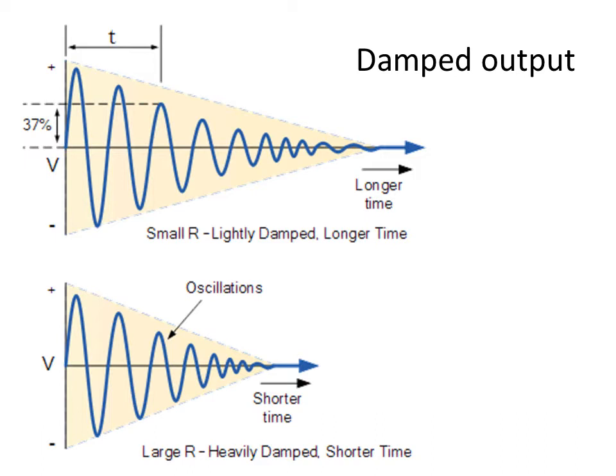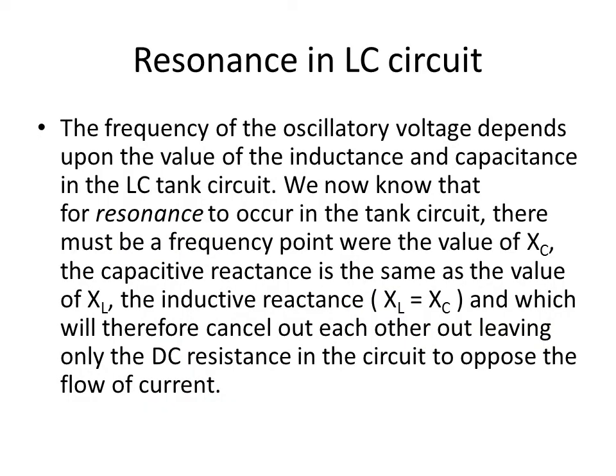There are a variety of options in which you can do that, and we will see them one by one. But before that, let me introduce this concept. It is referred to as resonance in the LC tank circuit. That will help you find out the frequency of oscillation for a given L value and C value. For that we make use of the concepts of capacitive reactance and inductive reactance. When the circuit is in equilibrium, the capacitive reactance X_C and the inductive reactance X_L should be equal.